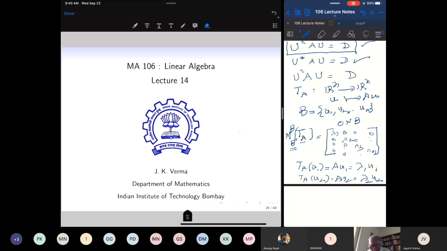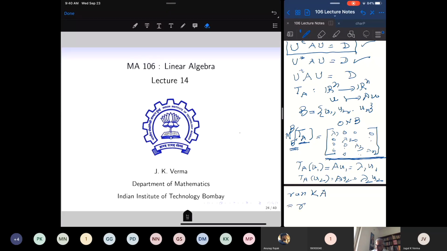So this shows that the matrix of the linear transformation induced by A with respect to the basis of eigenvectors of A is simply this diagonal matrix. A diagonal matrix is a very simple matrix to understand, right? So whenever possible we try to find an orthonormal basis of eigenvectors of a matrix to understand the matrix better. For example, what is the rank of the matrix A?